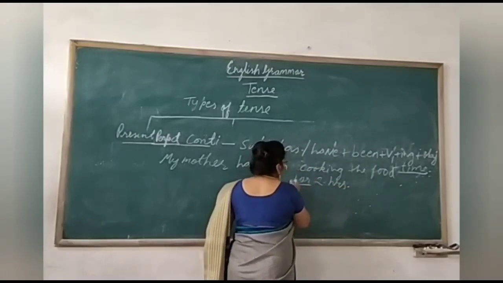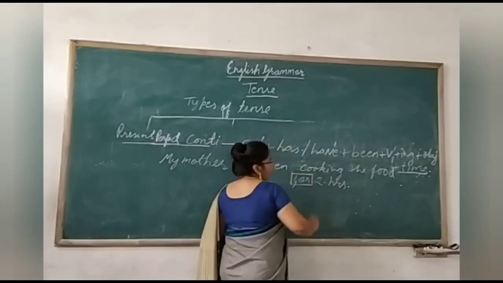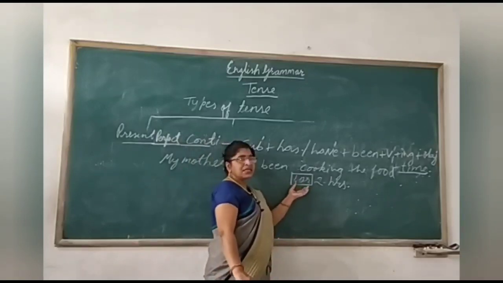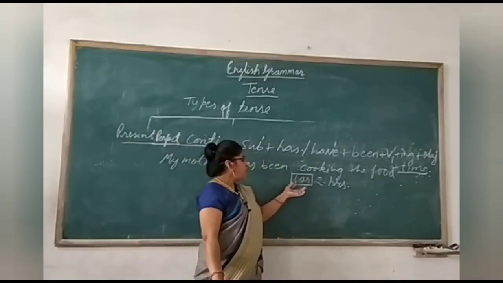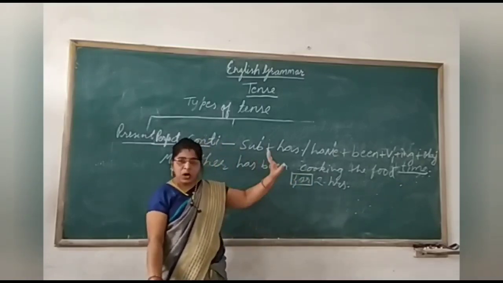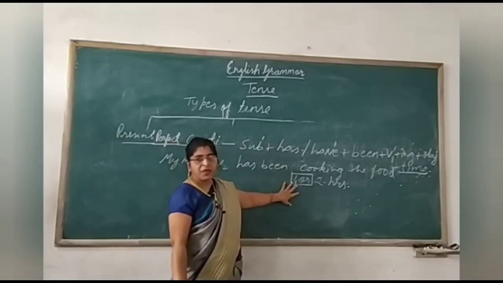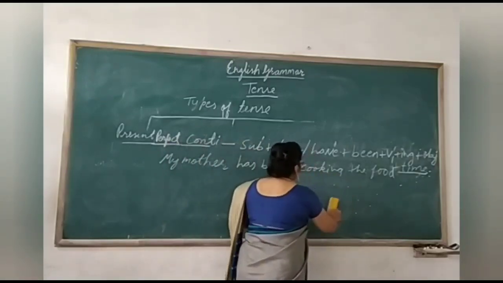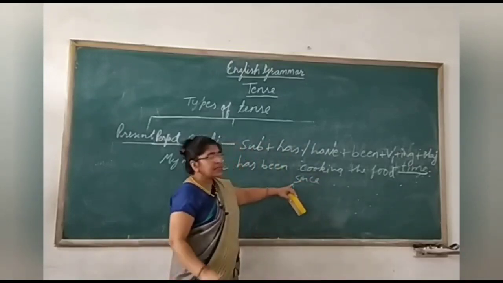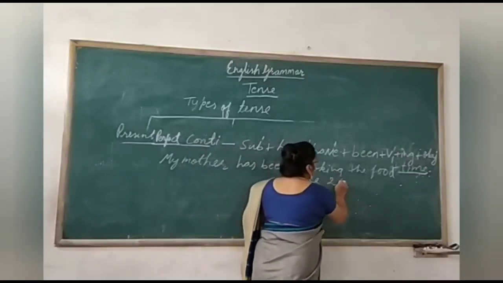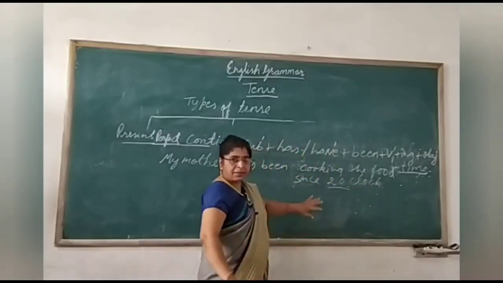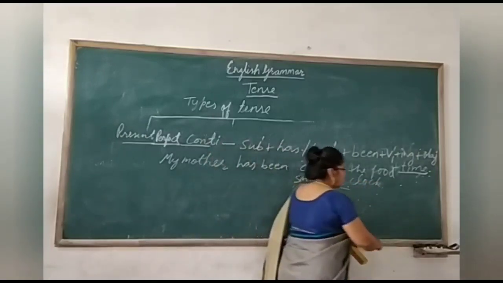This "for" is used for unfixed time. Time is not fixed, that is why you have written "for" here. Suppose I use "since", then that means "since" tells that time is fixed. Since 2 o'clock, fixed time. Here 2 o'clock is the fixed time. Clear? What is happening in the sentence?